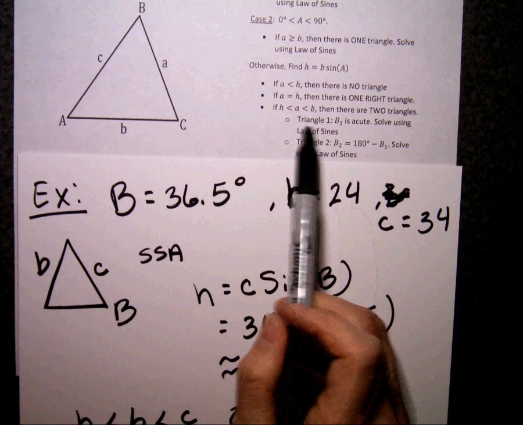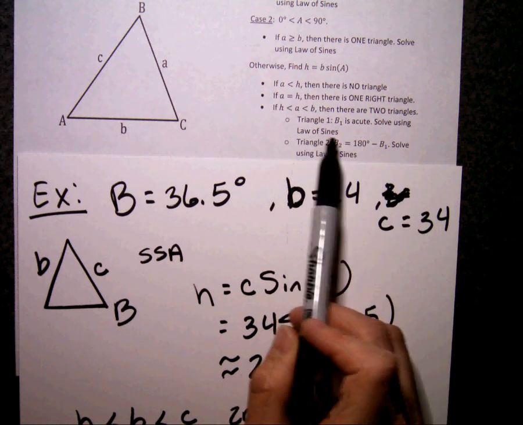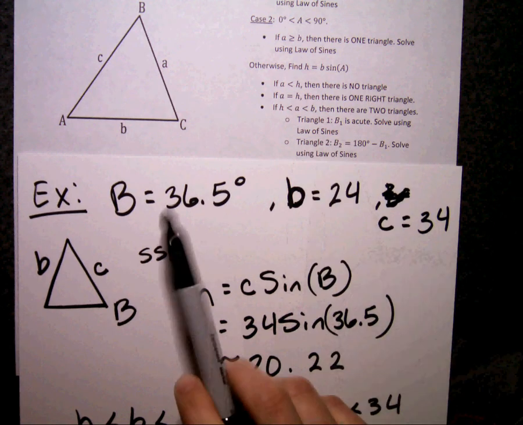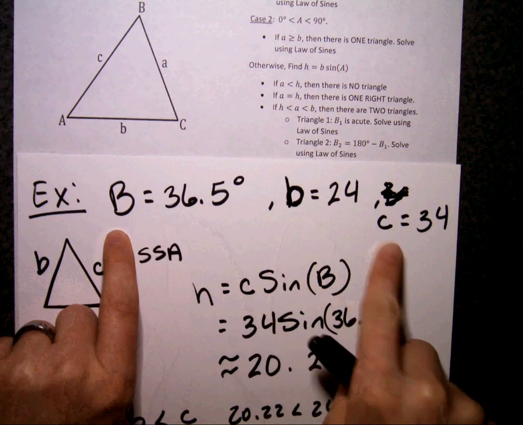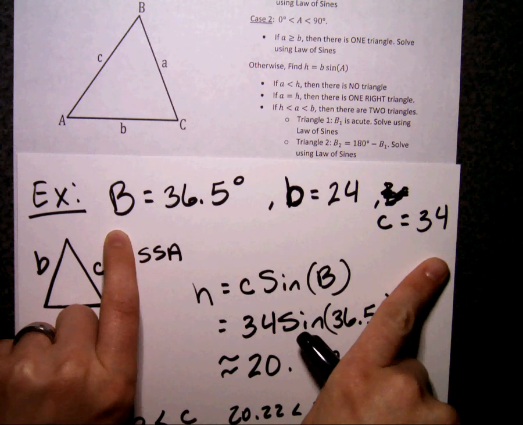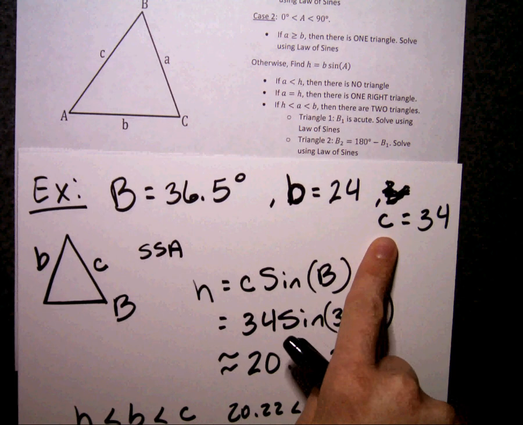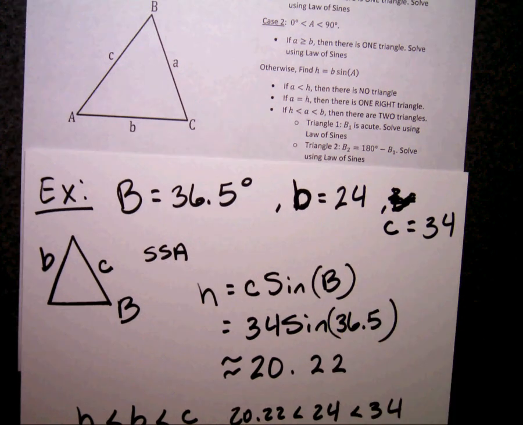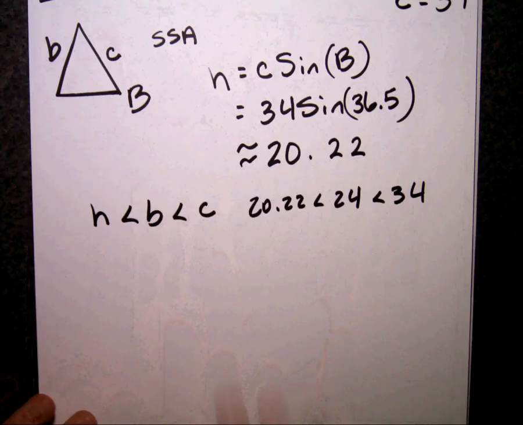We're going to find B1 is acute, so solve using law of sines. So what that means is the information I'm given, I have angle B and side B, and I have side C. So the only thing I can do right now with the given information is find angle C, right? The other angle that corresponds to the other side. So we're going off of this angle C. So we're going to solve it just like normal, just like we did on the previous video. So starting by finding angle C